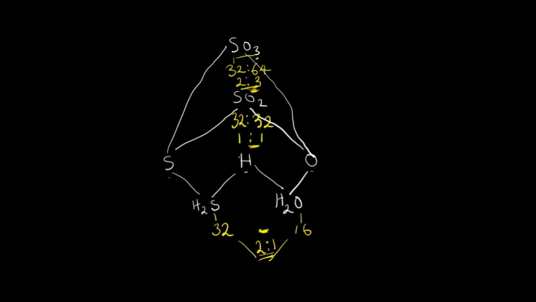With these two examples, I know that you are now clear about the law of reciprocal proportion, which says that when two elements combine with a fixed mass of a third element, the ratio of the masses in which they combine are either the same or in simple multiple ratio